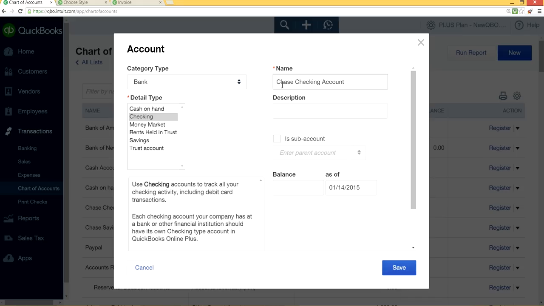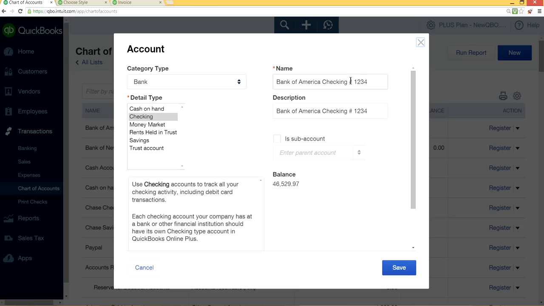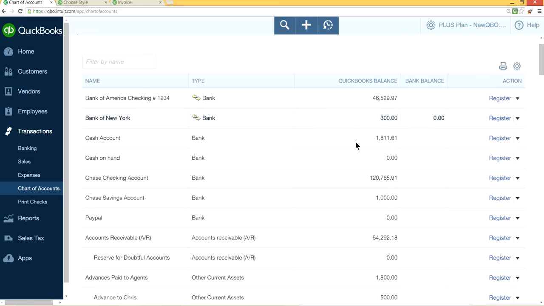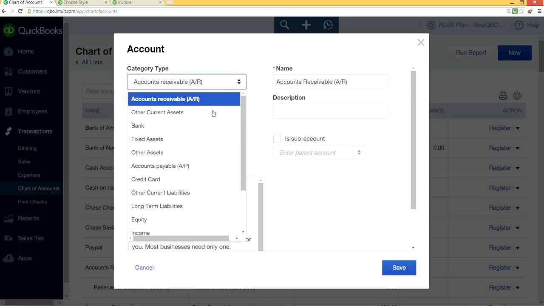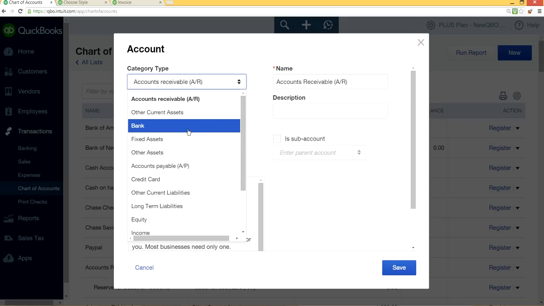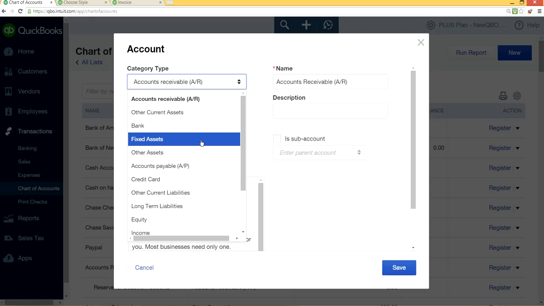And then you put in your description, same as your name. Let's go back in here, we'll see it. So right here, Bank of America checking account number 1234, same, like this. All right, so that's to create a new one. The new one, category type is very important. Select the bank type. It's the bank account right here, and if it's other assets right here, and it's expense type,